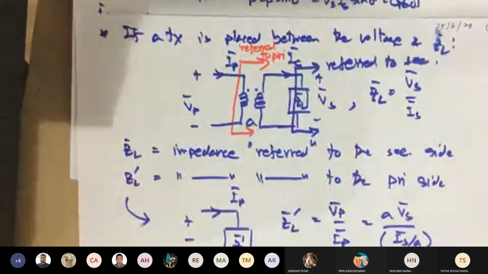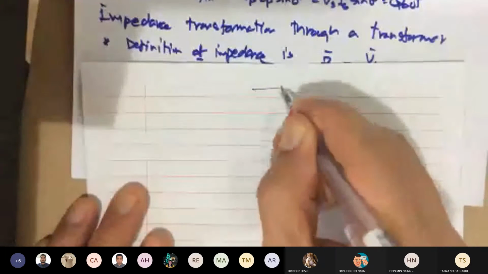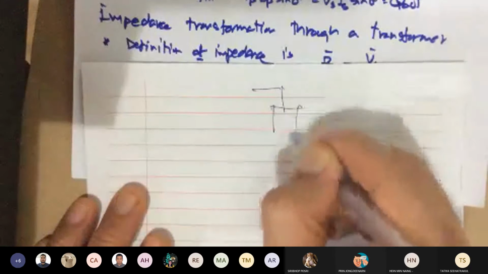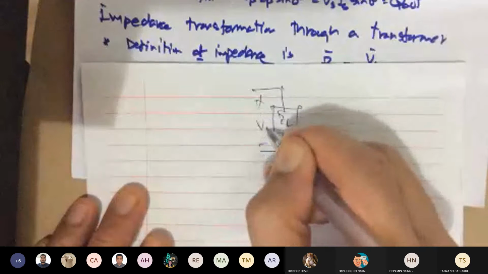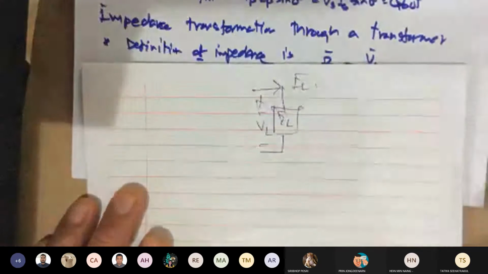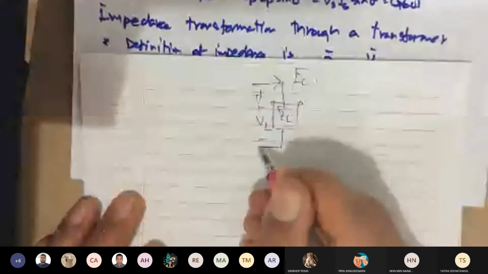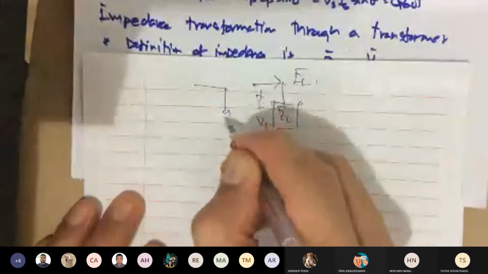Now, if I do that, initially I have this. ZL. This is VL. IL, right? Now I'm going to say, hey, instead of doing that, I'm going to connect another transformer between the